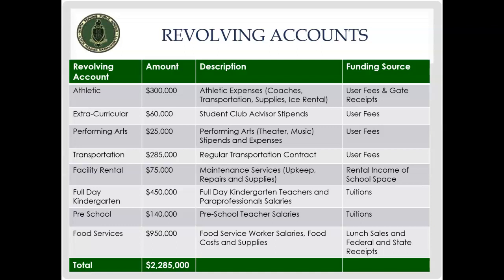And then we have our food service, our breakfast and lunch program, lunch sales, and what's really been the federal and state USDA reimbursement and state supplemental reimbursement, because we've had the universal free lunch since the beginning of the pandemic, beginning in fiscal 21, and that supports the cost of our entire program for the food service worker salaries, food costs, and supplies, and that all of these total a little more than $2.2 million, as you can see.